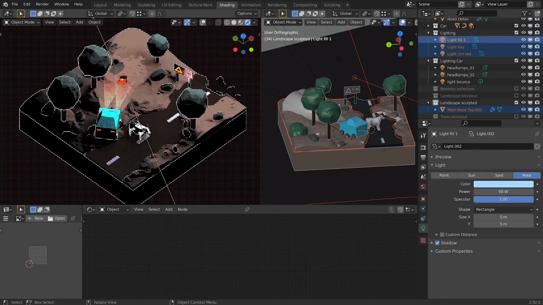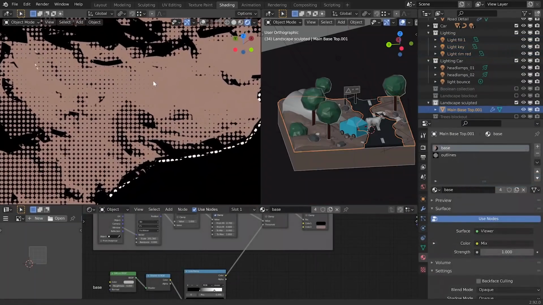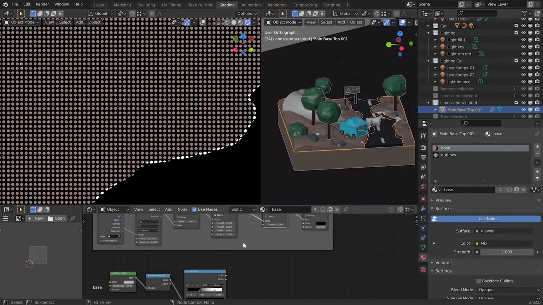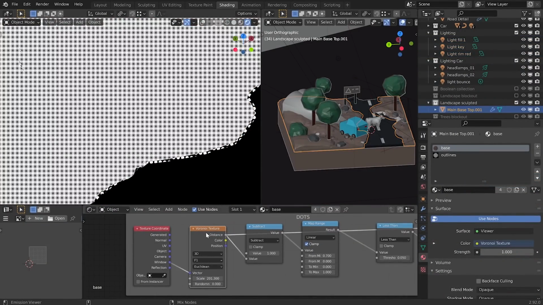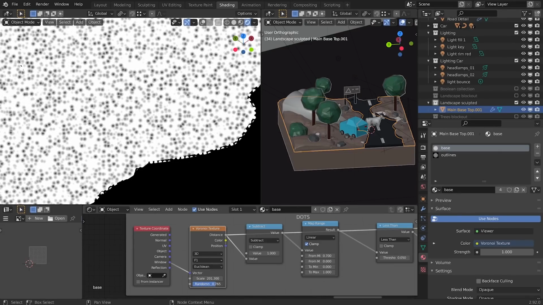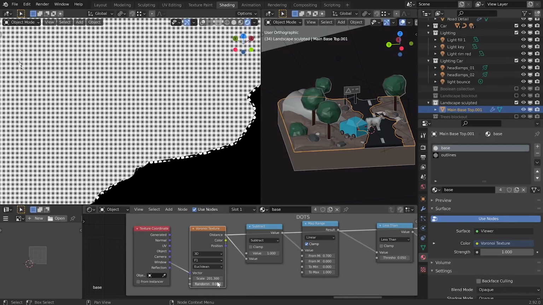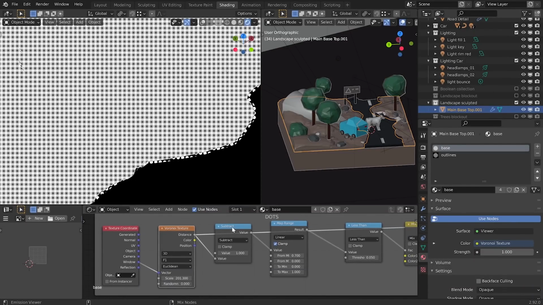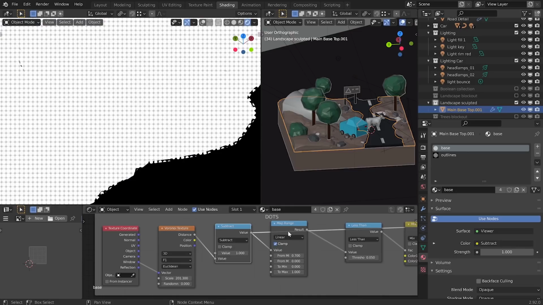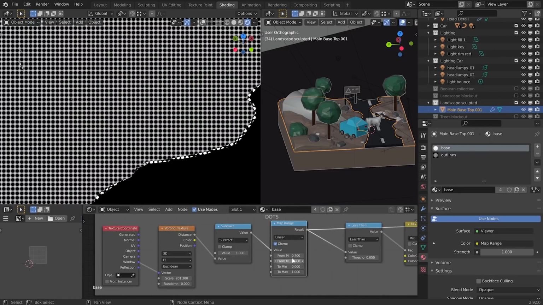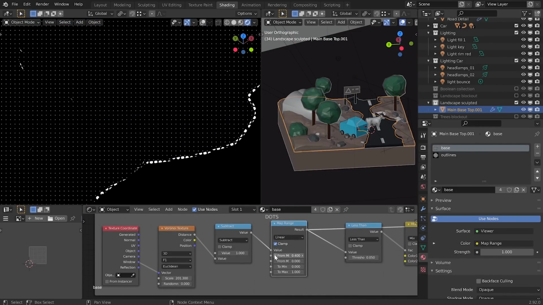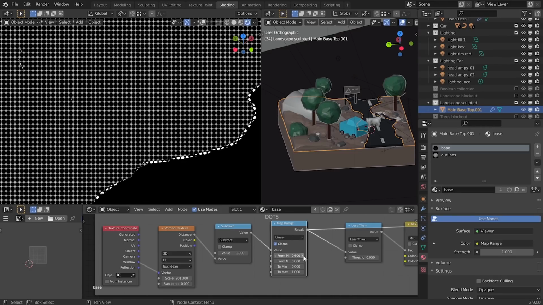Another nostalgic technique looking to save on printing ink is this halftone look. These dots are really easy to make. It's just a Voronoi texture that doesn't have any randomness on it, so let's just set that to 0. And then this subtract node just is doing the inverting for us, turning the dots from black to white. Or actually we could invert it on our map range node instead, if we like, by flipping the min